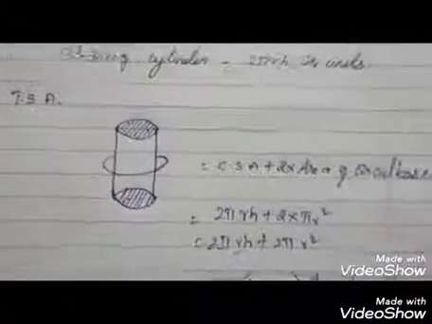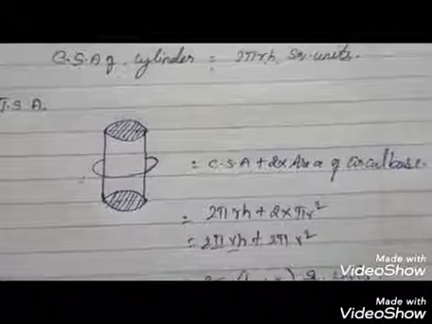And next we move on to the example sums. Example number 3. Savitri had to make a model of a cylindrical kaleidoscope for her science project. She wanted to use chart paper to make the curved surface of the kaleidoscope. What would be the area of chart paper required by her if she wanted to make a kaleidoscope of length 25 centimeter with 3.5 centimeter radius? You may take pi equal to 22 by 7.